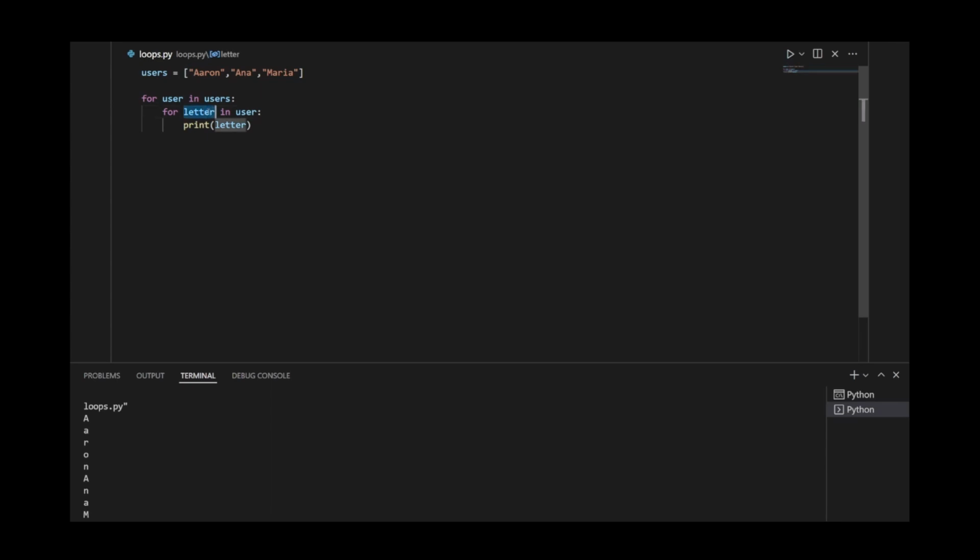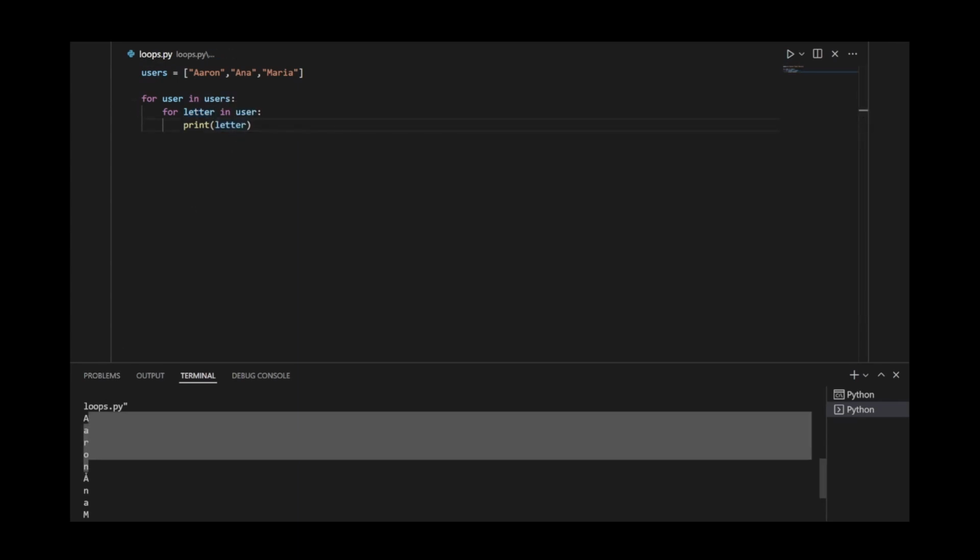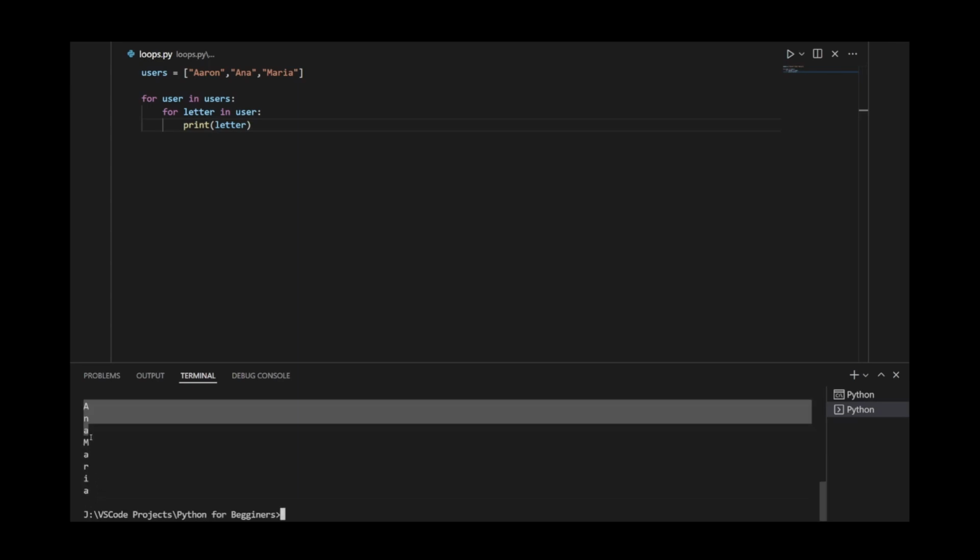Again, I created this variable name letter. I can name it whatever I want. I can name it something nonsensical. And I'm just referring to each piece of this user. And this user is each piece of the list. So when I print each letter, you can see here that I have the name Aaron, then Anna, and lastly,